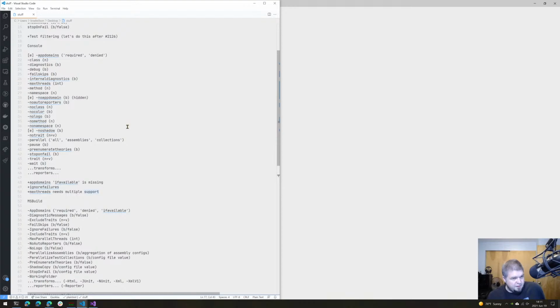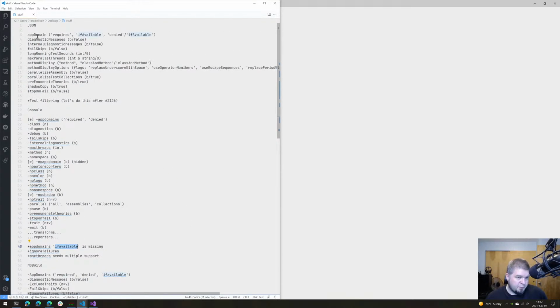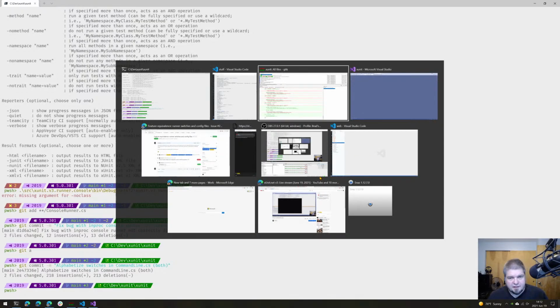Did we come up with anything else that was missing on the console side? Aptdomains, for some reason, took away if available. Ignore failures needs to show up. Max threads needs multiple support. Right, that was it though, right? So aptdomain, diagnostic, internal diagnostic, fail skip is already here. Oh, we need to test the defaults. We need to make sure the defaults are good. That's what I was